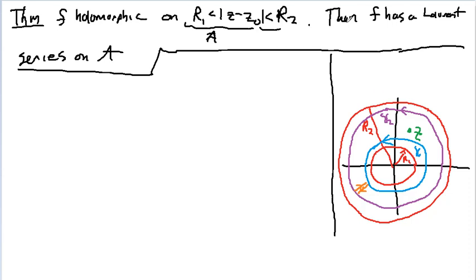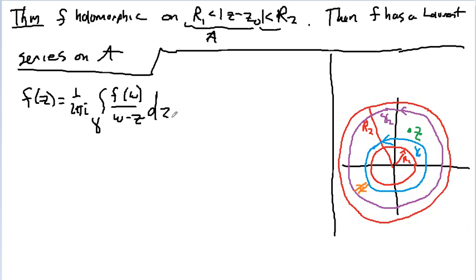You have a holomorphic function, so you can use Cauchy's integral formula to figure out that f of z, because I'm assuming that f is centered at the origin, so this is after the translation, is just going to be equal to 1 over 2 pi i times the integral around gamma of f of w over w minus z dw. That's literally what it means. To figure out what this integral is, you take this value, plug it in here, and you get the result. And this gamma is equal to